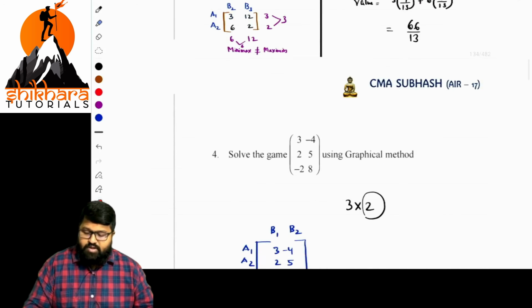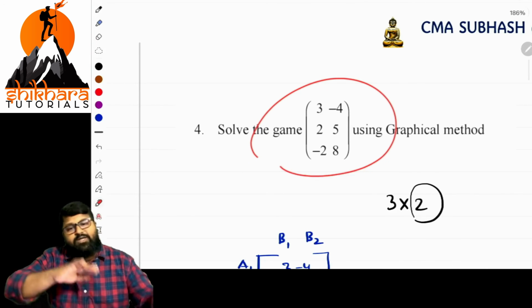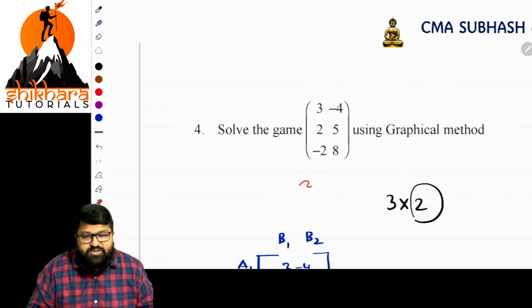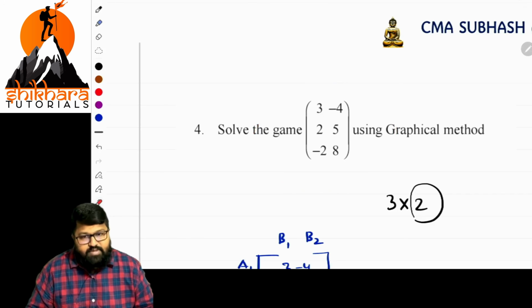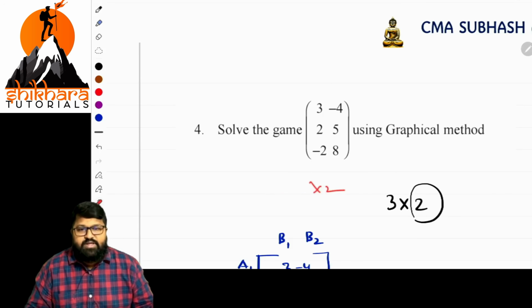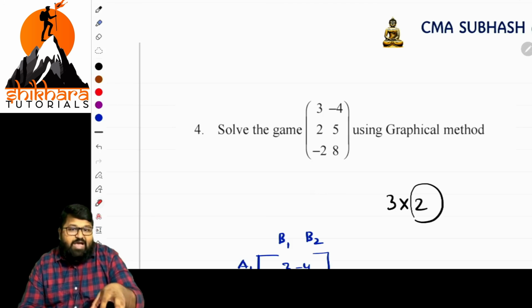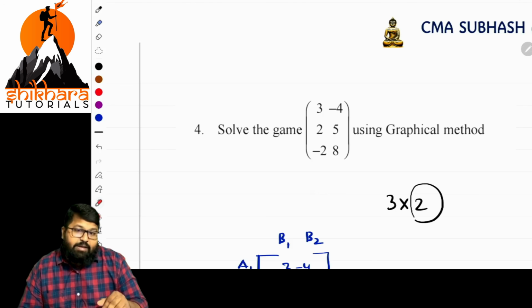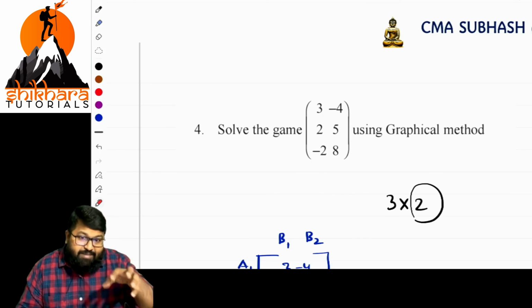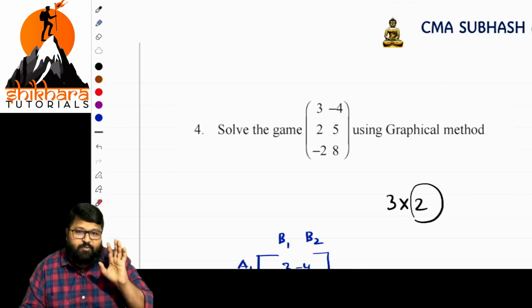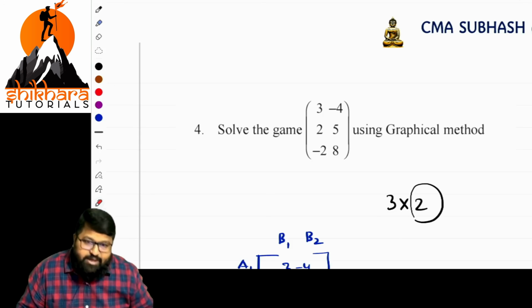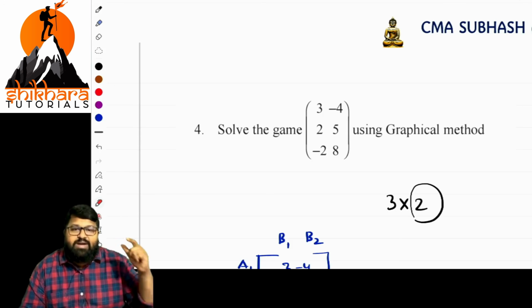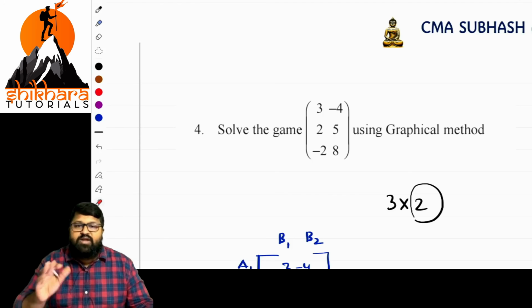Now, solve this problem. It is quite opposite to that. So here, what is the order? The order is m by 2. Right? M stands for what? Rows. N stands for what? Columns. So it is m by 2. So in this case, quite opposite. We take the values and we find what? Maximin. From the minimum values, we have to find the maximum values. Quite opposite. Okay, just you try it once. Anyway, the answer is solved in the material which I shared, that you can see and you can get the answer. Is it done?